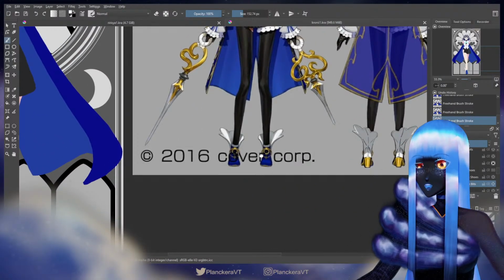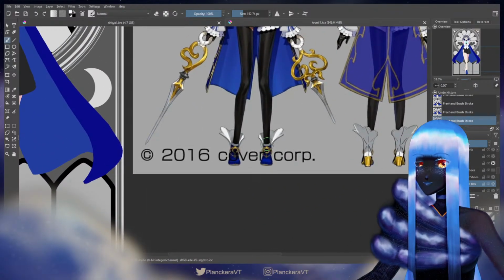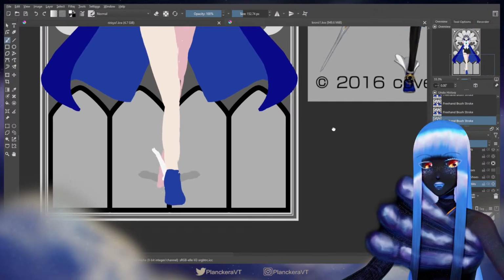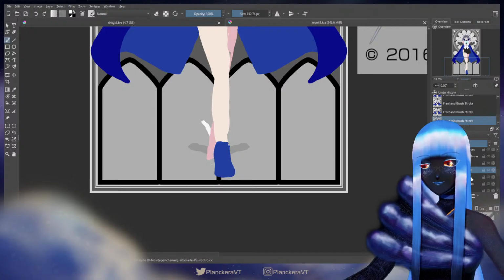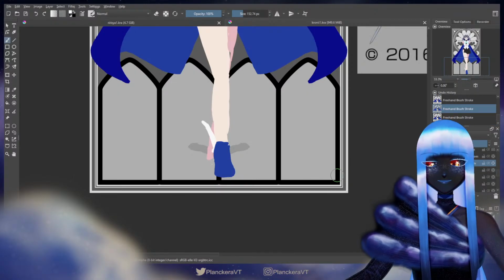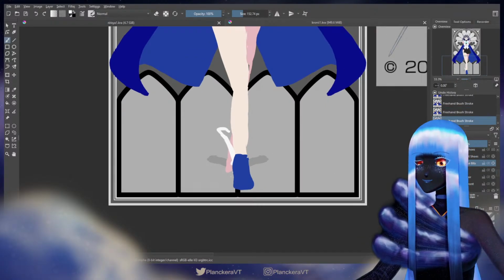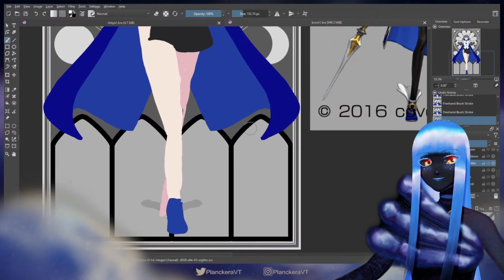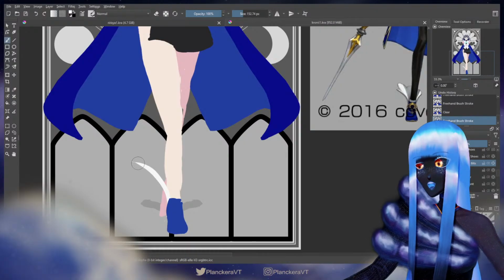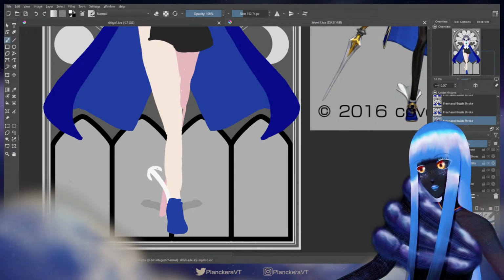Did they go in front of the leg at all? This one does. But the floofy back part really doesn't, so I can actually potentially make my life a little bit easier and put that here. Oh, no, I can't. Never mind. Okay. I don't like that shape. Let's do it again. There we go. That's so much better. Maybe a little bit too exaggerated, but the way it's floofing, so much better.